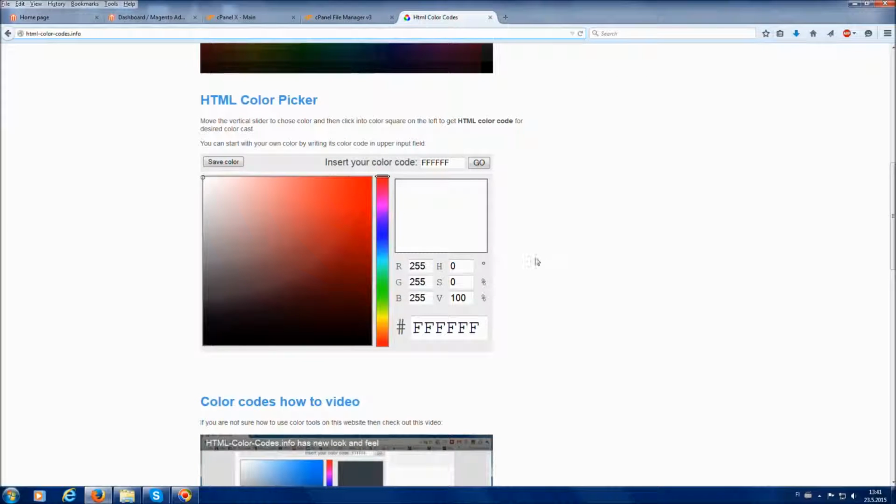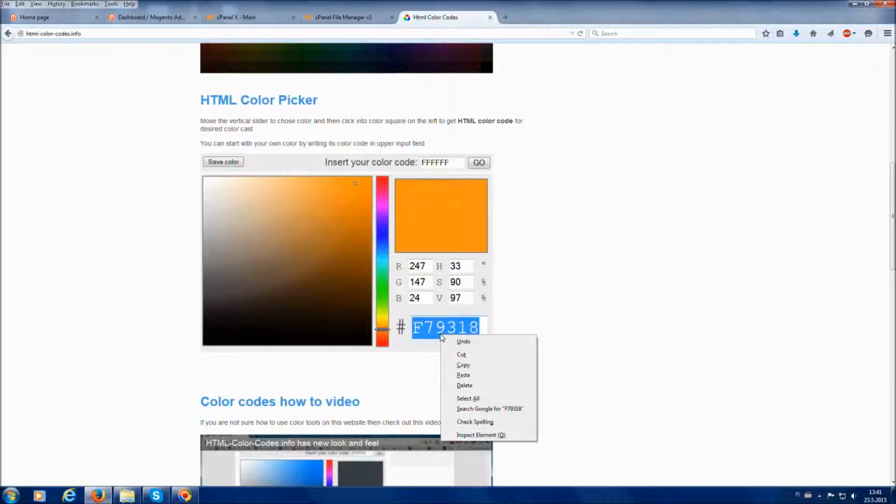You have this generator where you simply select a color you want to use. I'm going to use orange just to keep in theme with Magento's orange. Here you can select color. We'll just select some nice orange, and it generates the HTML code, or the color code, for you. So we'll just copy that,